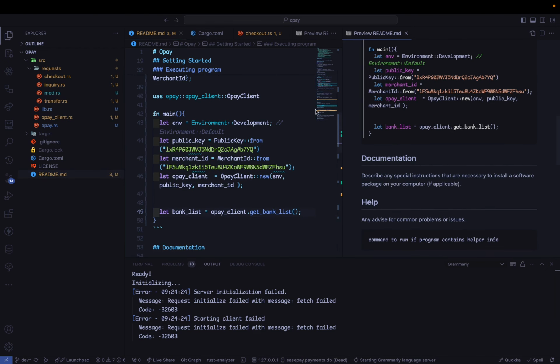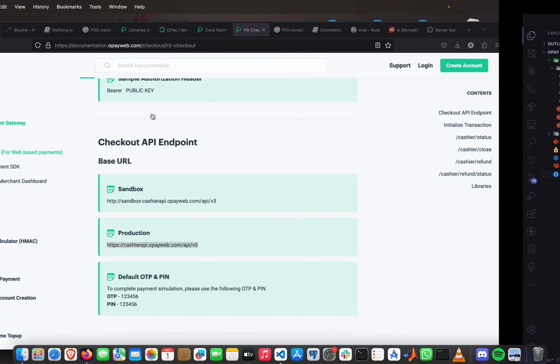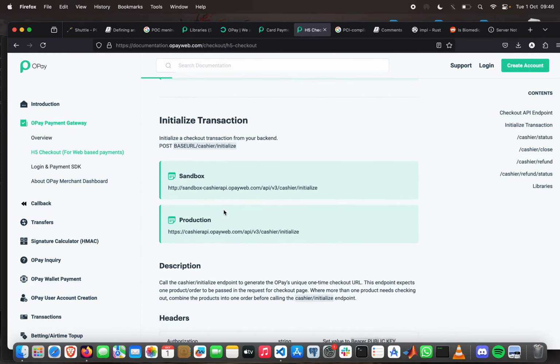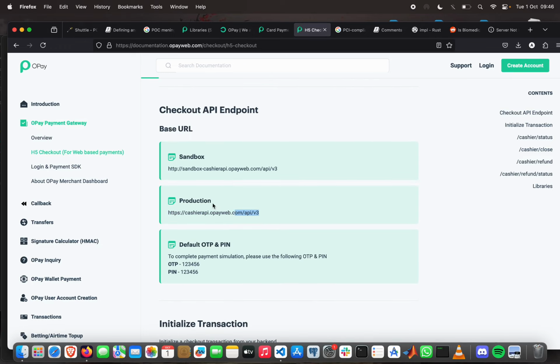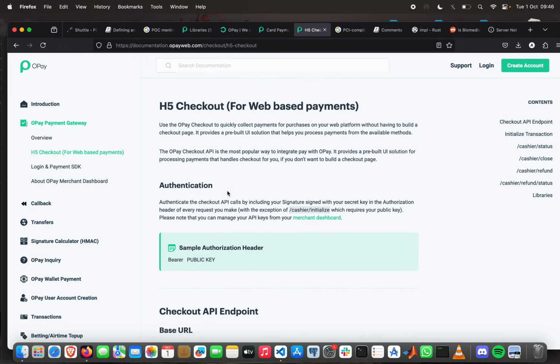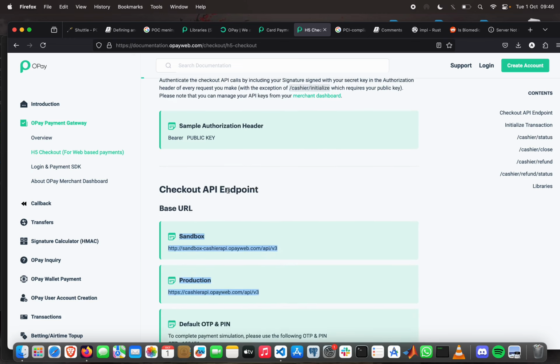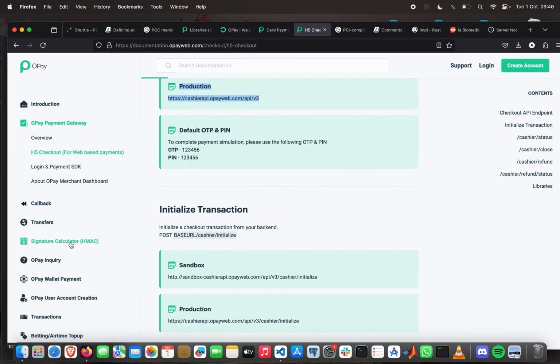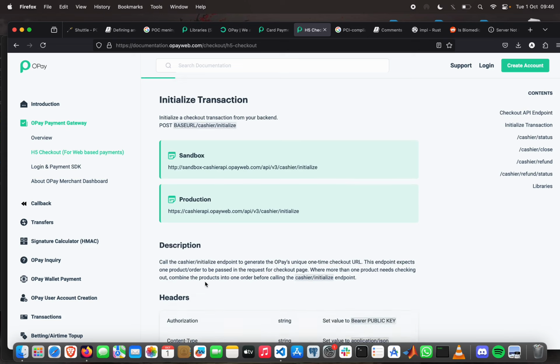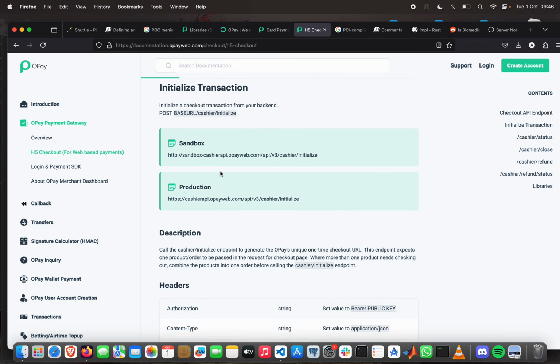So going on, I need to go over the API documentation again and maybe extract this base URL as a constant or something. Then I can have the method implementation, just call it. Now the next thing I want to do is decide what library I would use to make the request. I know that Rust has